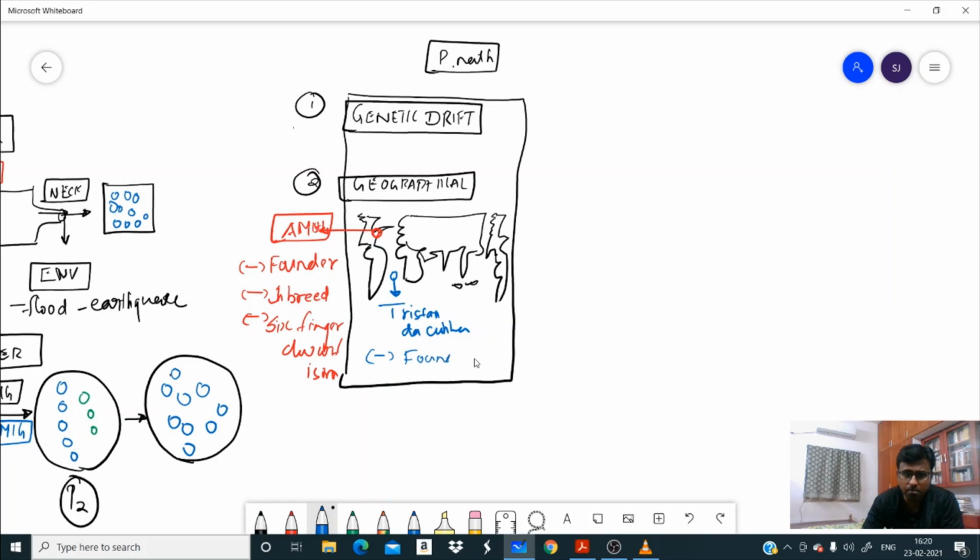the founder effect. That is, the person who migrated here, the battalion which was there for overseeing Napoleon, had a problem, or the initial people had a problem in their eye, in their retina, which is called retinitis pigmentosa. So they had a problem in their eye, and because of the founder effect, because of inbreeding, this gene has been propagating in them for a very long time. So this example you can write.